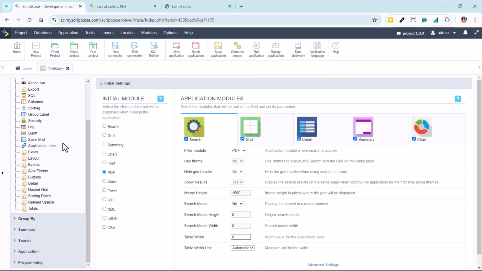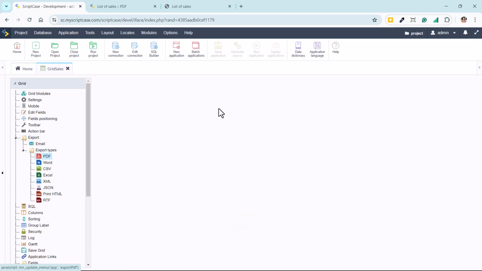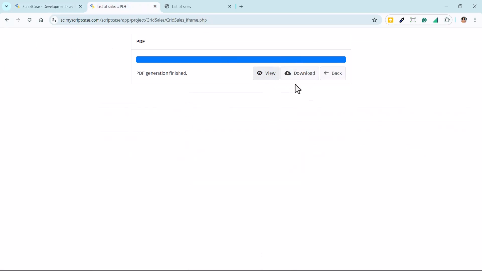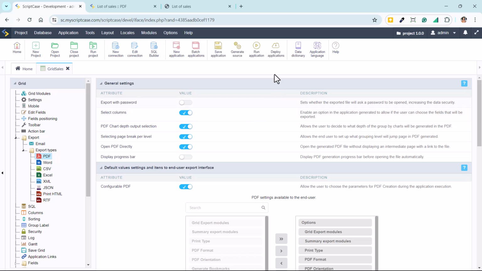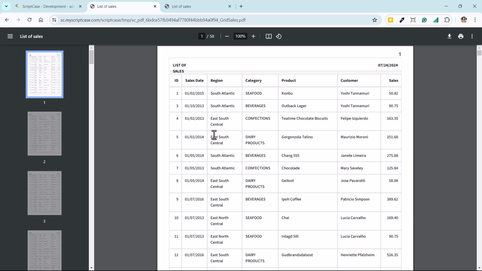If you go to export options, for example, and choose PDF, you are able to open the PDF directly. It will skip this window with the options to view and download. So now the application will create the PDF immediately.